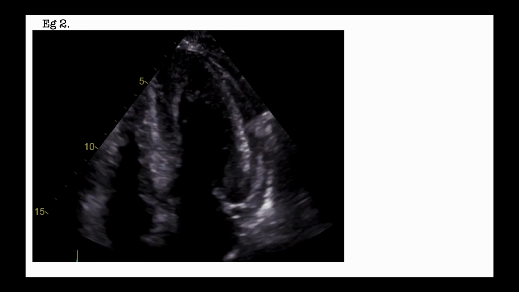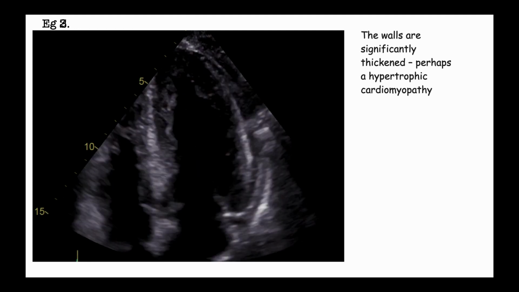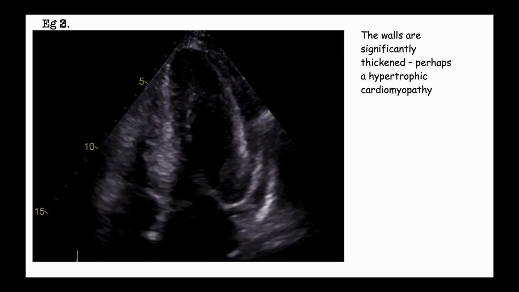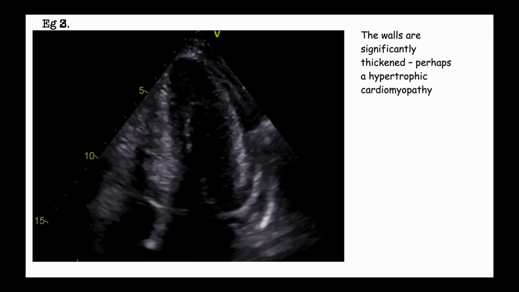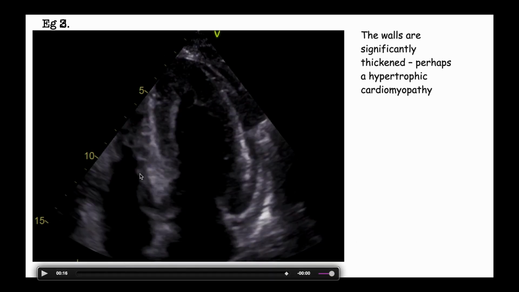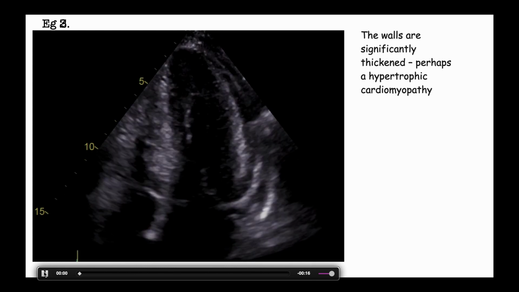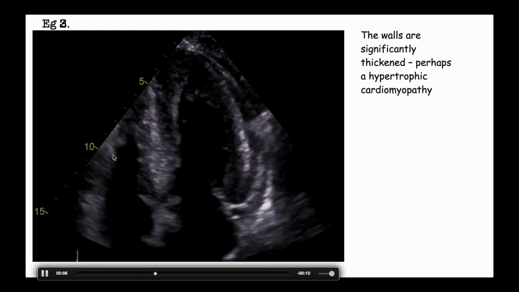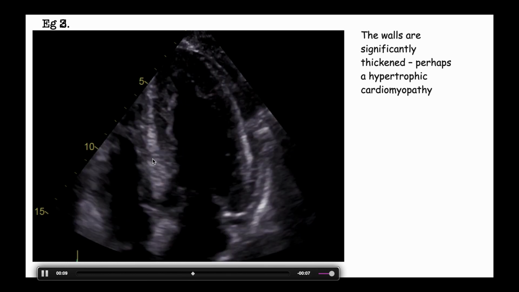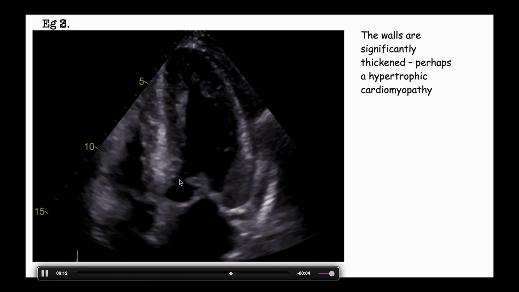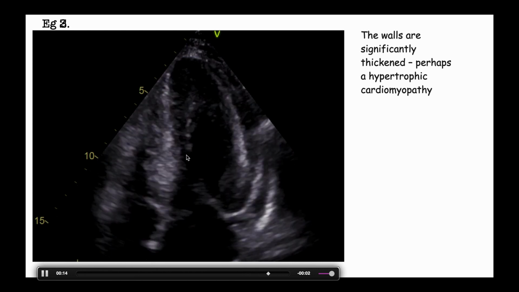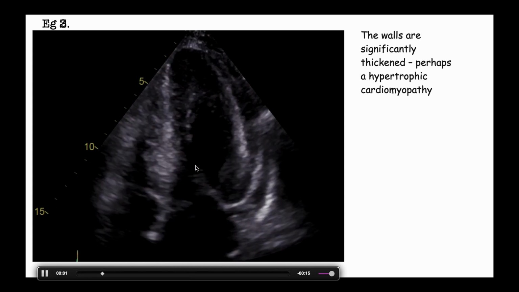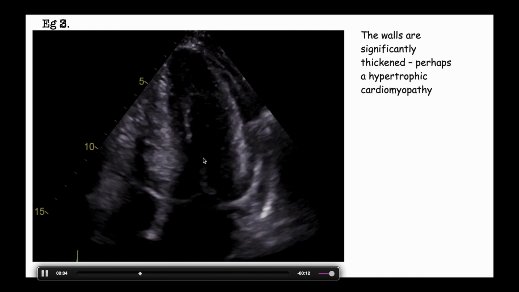Now, in this echocardiography, what we find is a significantly thickened left ventricular wall. Perhaps this is indicating a hypertrophic cardiomyopathy. And so, as you can see, we have the left ventricle over here. So this is the left ventricle, this is the chamber so much reduced, and you can see that the walls are hypertrophied, including the septum, also hypertrophied, this being the mitral valve. And as you can see, if you compare the chamber size of the right ventricle and the left ventricle, you can see that there is a huge difference in the chambers of these two